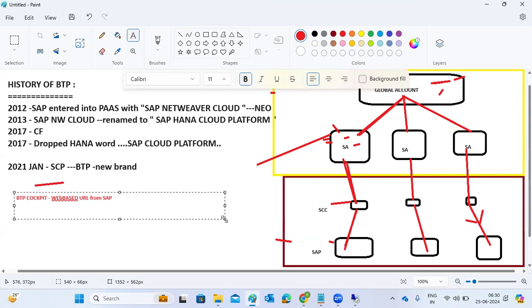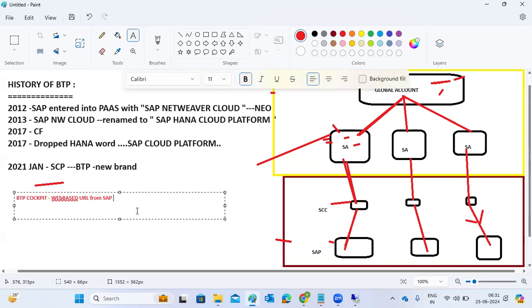Here we can manage and monitor all the BTP related services, account creations, everything. It provides the resources for onboarding, user management, cost, license, and sub accounts. So several key functionalities are there that we can use. It's the main entry point to the cloud platform. BTP Cockpit is the main entry where you can access all your accounts, applications, solutions, and services. You can manage it, you can delete it, whatever you want, using the BTP Cockpit.